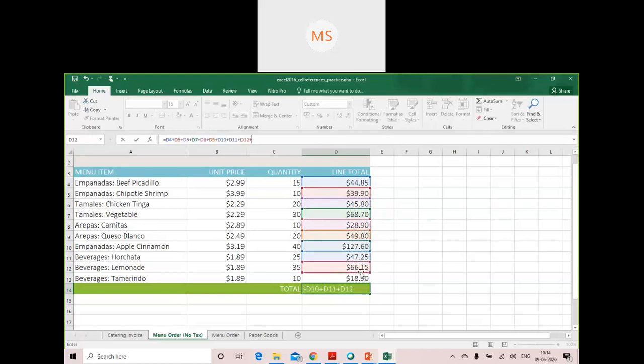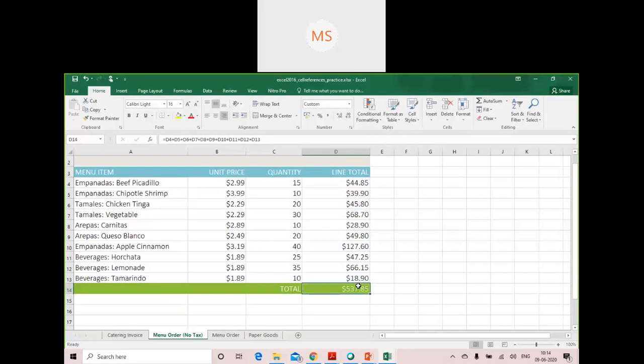Now just see how complex it is to add each and every cell together, and then get the total amount. It is a little bit complex and a lengthy process when there are multiple cells to be added together.